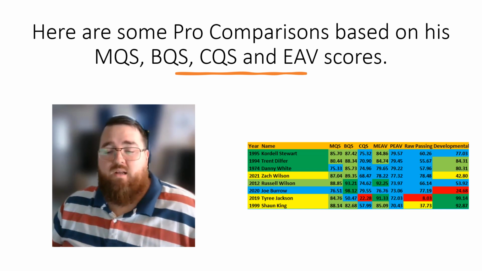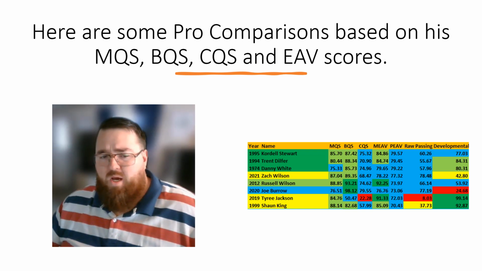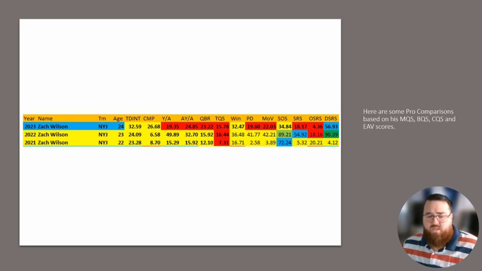That's kind of what you were betting on with Zach Wilson from a developmental standpoint. But when you actually look at his NFL production, scary. As you can see, in 2021, he had what you would expect out of a 22-year-old rookie. In 2022, he was a little bit better in terms of improving overall, and then in 2023, of course, after Aaron Rodgers bit the dust, that was pretty much it for him. He pretty much had a very similar season to what he had as a rookie.